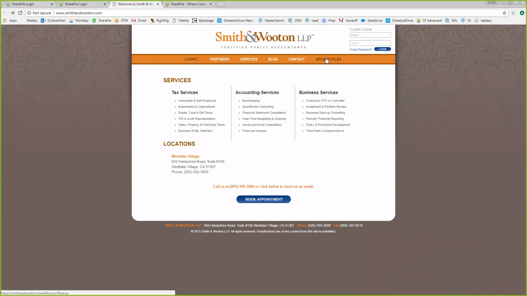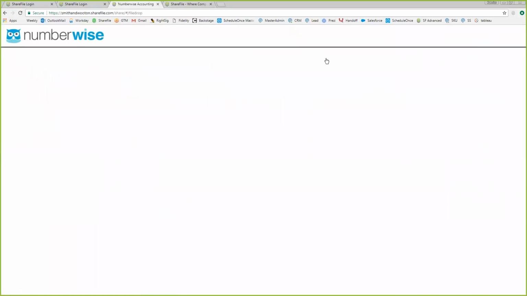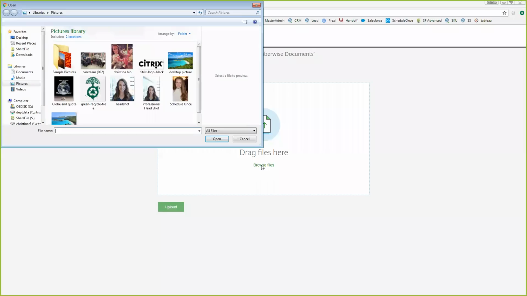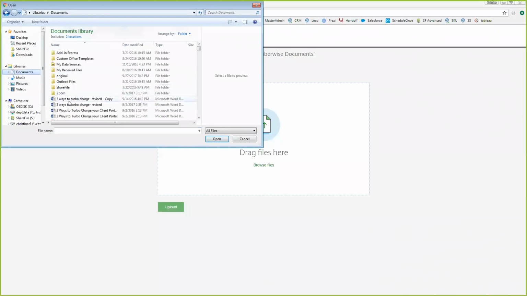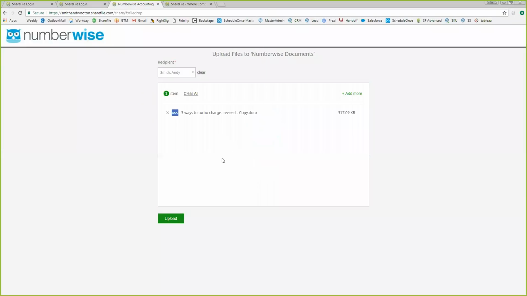So when I visit their website, I can click Upload Files, and if you notice, it actually took me to their ShareFile account. But I'm not a ShareFile user for them. I'm just a client of theirs. I can come here and say who I want to send my file to. I can browse for whatever file I might need and click Upload. Now, when I click Upload, it is going to send this document with secure encryption to Andy Smith's email inbox